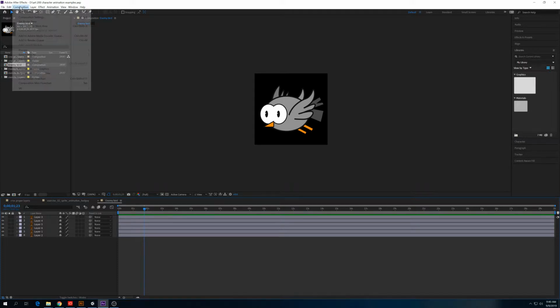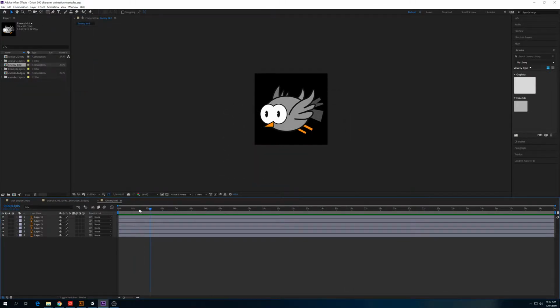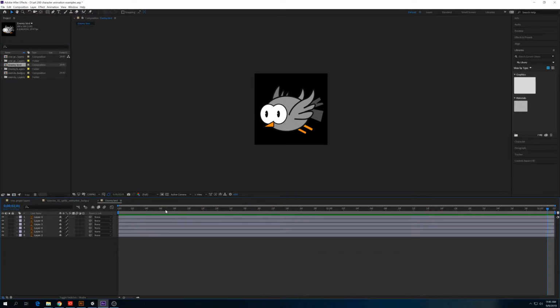Let's go to Composition. We have 2 different ways to cut it down. I usually do it this way. Other After Effects shortcuts: B and N for the work area. N trims the end of the work area, so I'm going to hit N. Then you can right click and say Trim Comp to Work Area, so that it's just this big now,